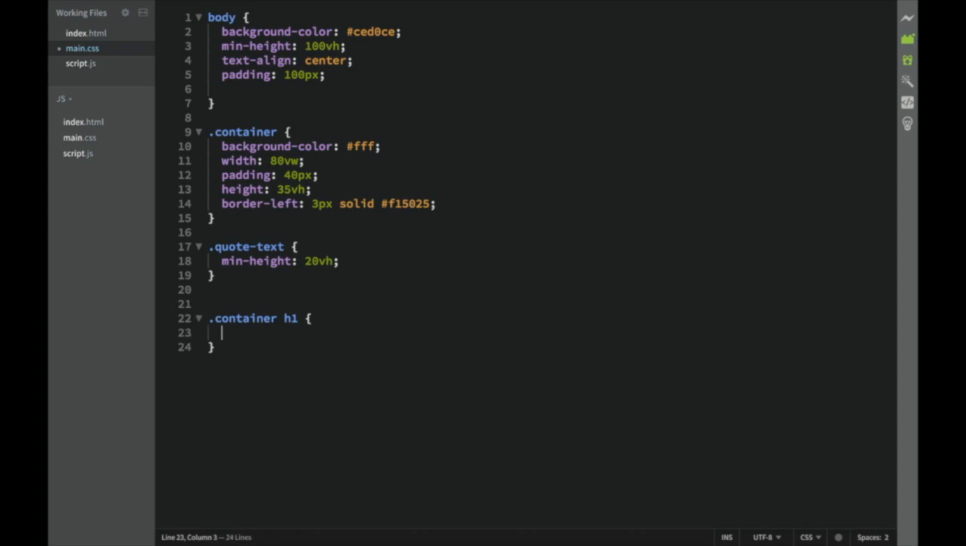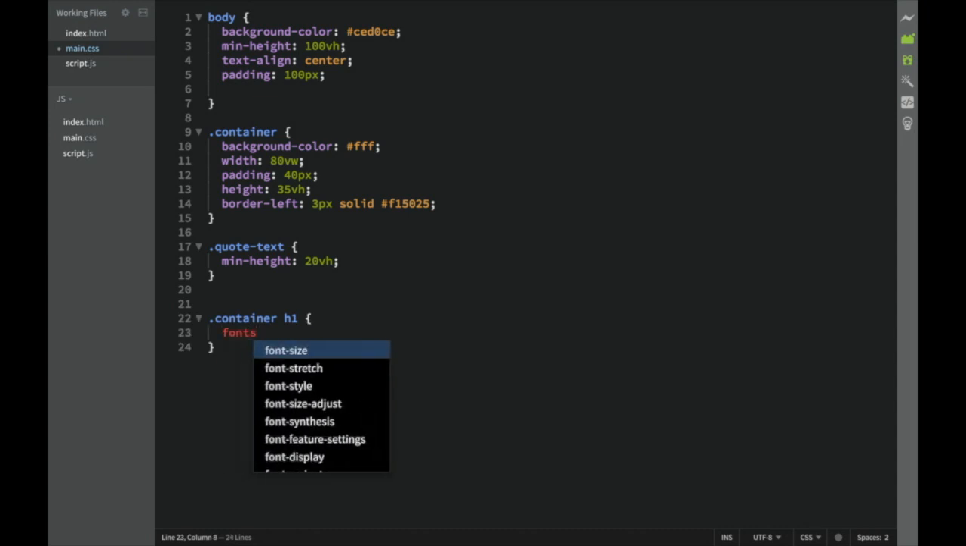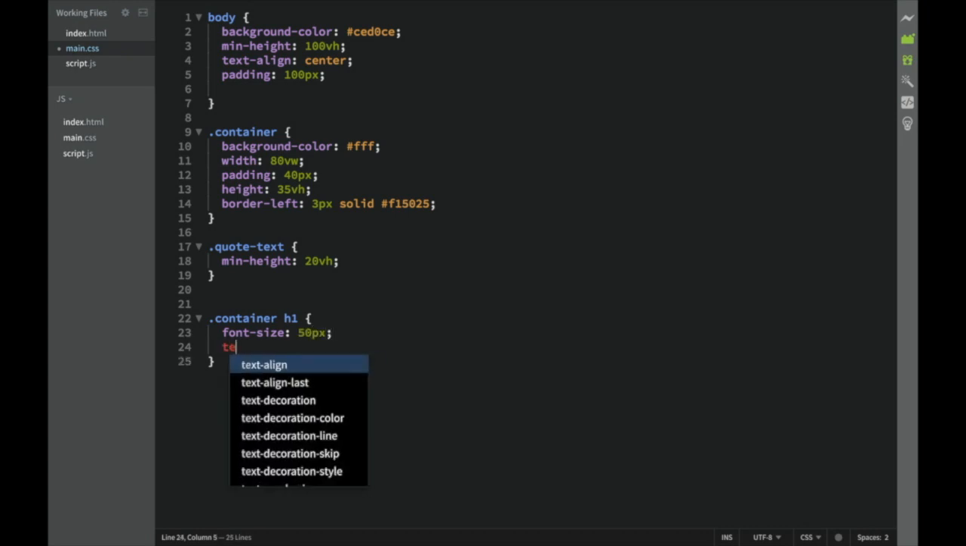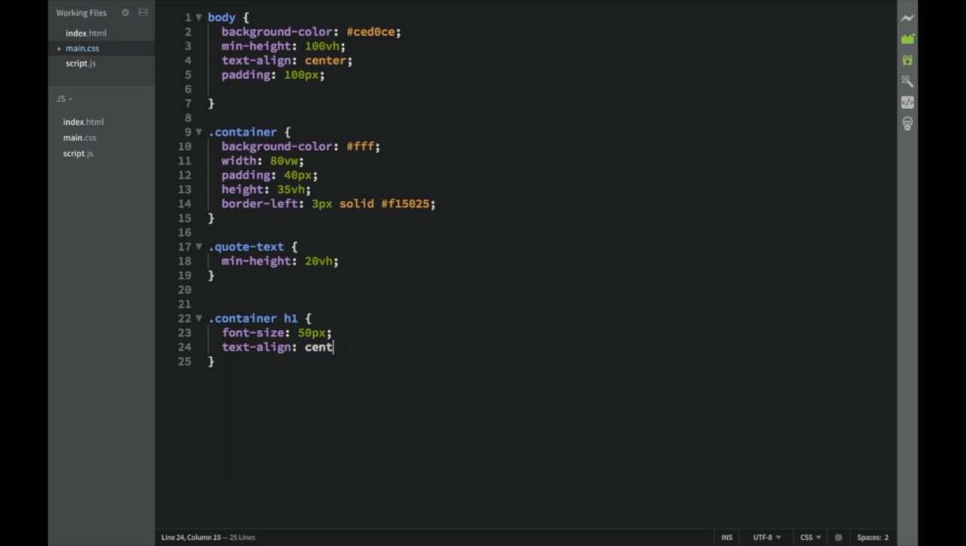And over here, we're going to write that this is going to be font size, and we're going to say 50 pixels. And over here, we're going to say this is going to be text align left. Text align not center. We're going to say left over here. And then we're going to have the actual paragraph over here like this, and we're going to say container paragraph,